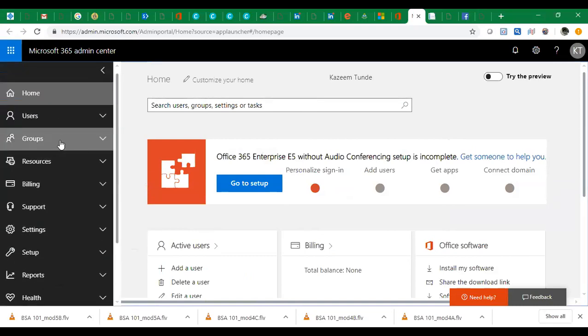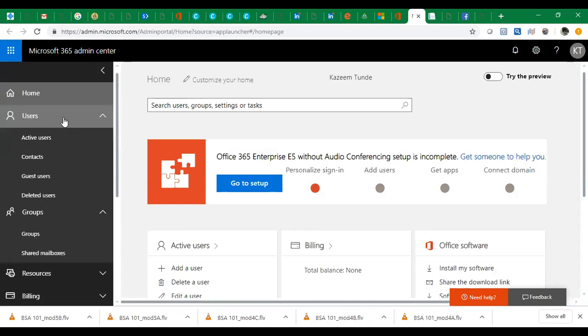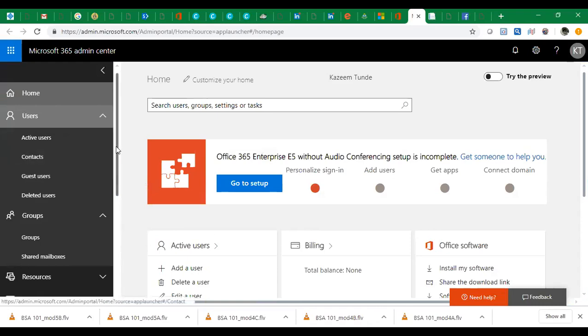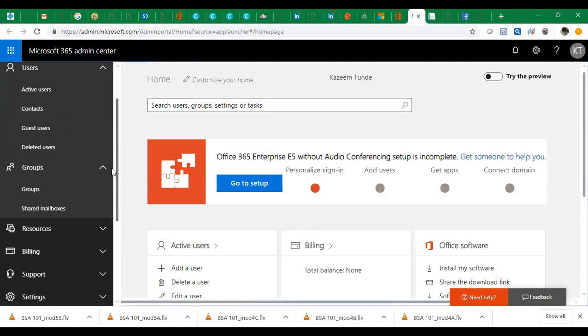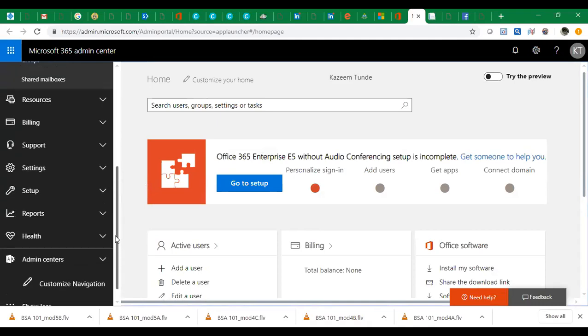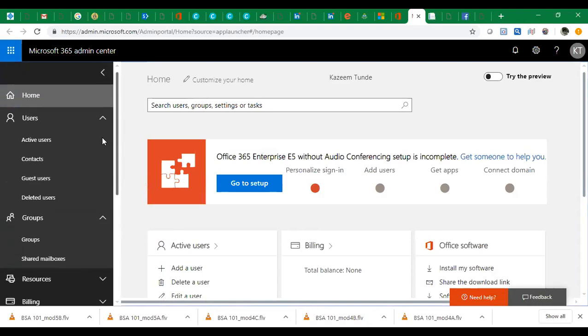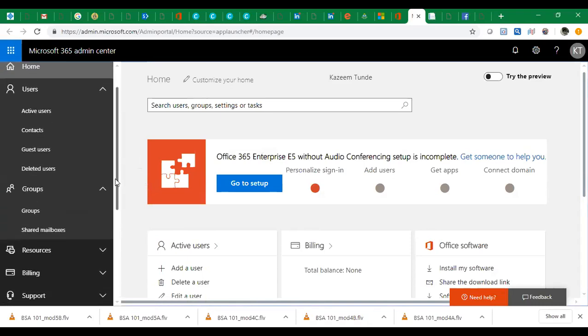So you see we have users and groups, right? Users, and we have groups. So what we're trying to do is to add users. We want to assign them to, so we have them on the,